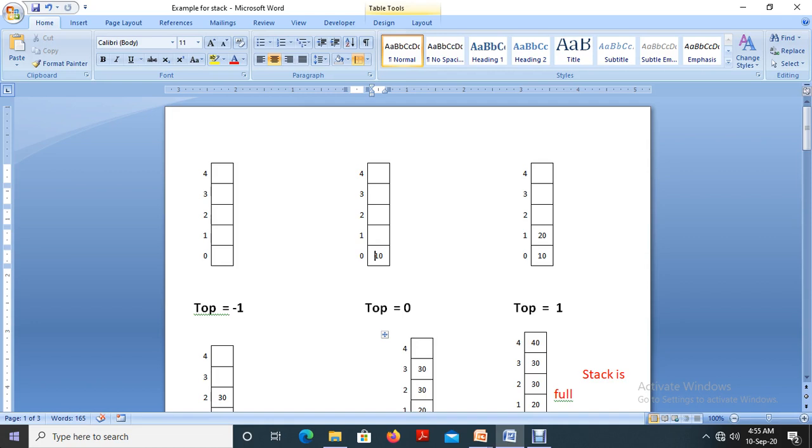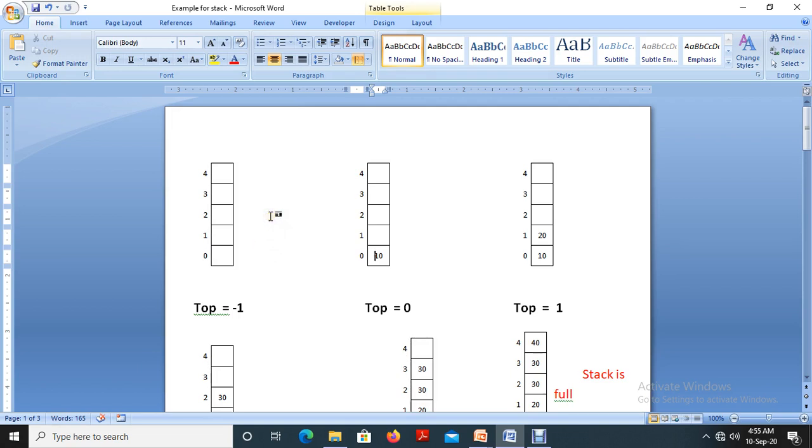An array is a collection of similar data elements. It is a static type of data structure, in the sense that it has a limitation: it can accommodate only a maximum number of elements. In our case, I am using an array with a maximum of 5. It can accommodate a maximum of 5 elements.